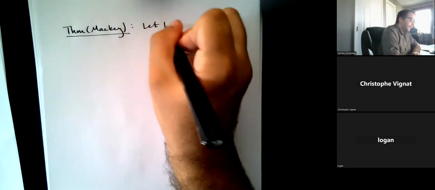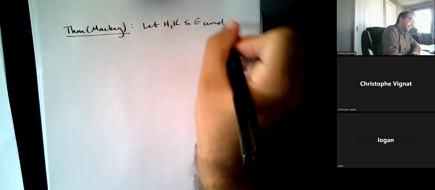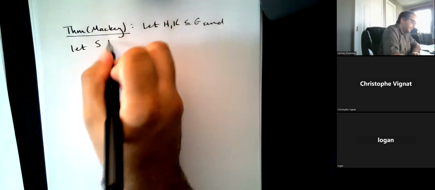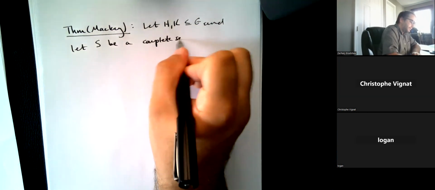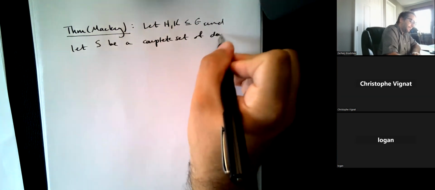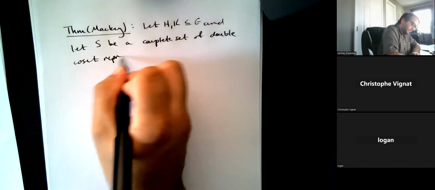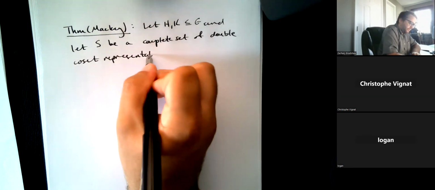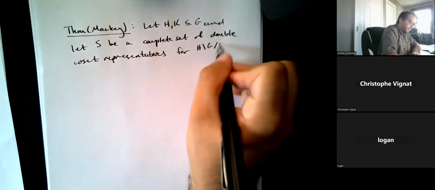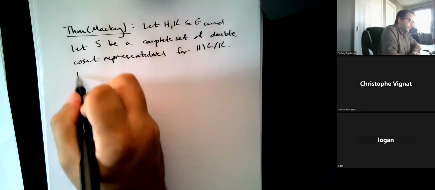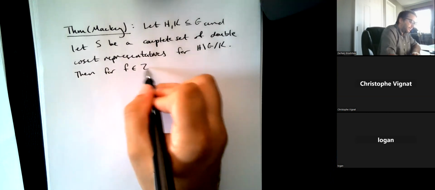So let H and K be subgroups of G, and let S be a complete set of double coset representatives. Then for f, a class function on K,